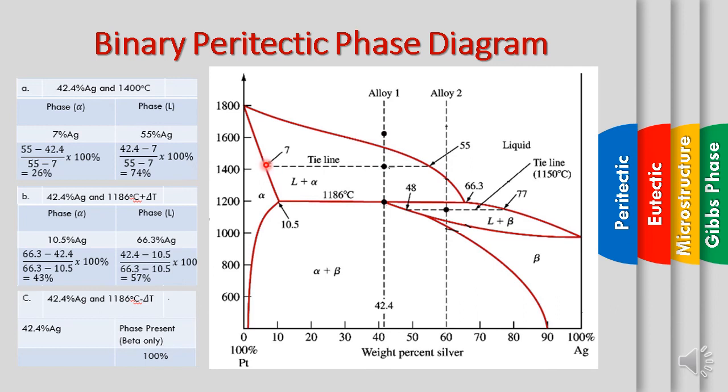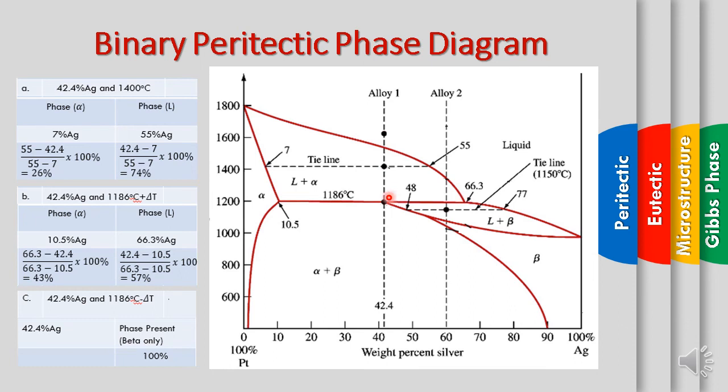7% of Ag here. And it also happened at 1186 degrees Celsius plus delta T, maybe a little bit higher. So the intersection line is basically at this point and this point, whereby the amount of alpha and liquid phase we will get from this value. For the alpha phase we have 43%, whereby we have the value